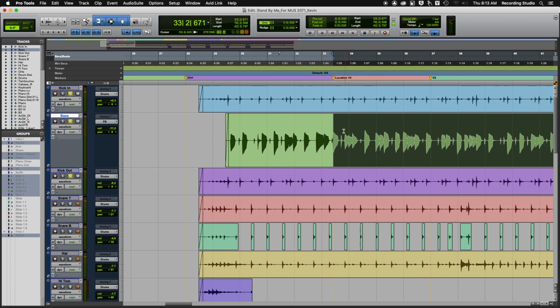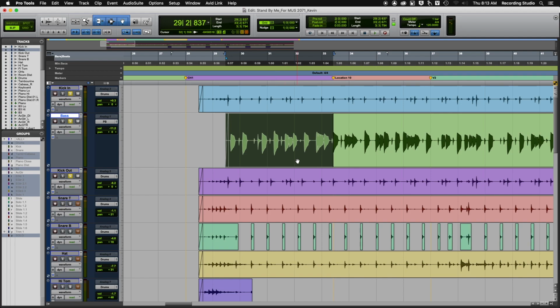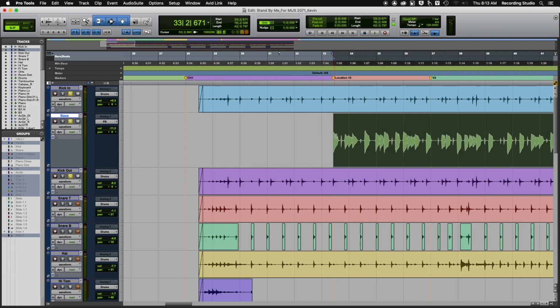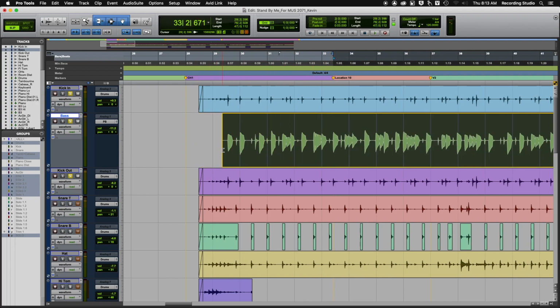So I chose this region just for the timing, just to line it up here. This now is obviously out of time. So if we just deleted that, I still can drag back all that audio. I didn't lose anything. Remember, it's pretty tough to actually lose something that's not recoverable or not undoable in Pro Tools. So that's just one easy way to adjust timings,